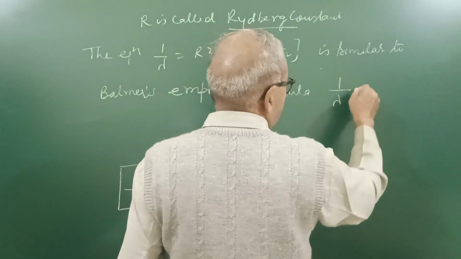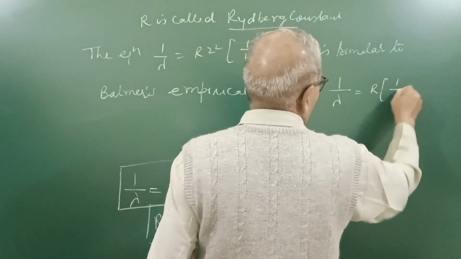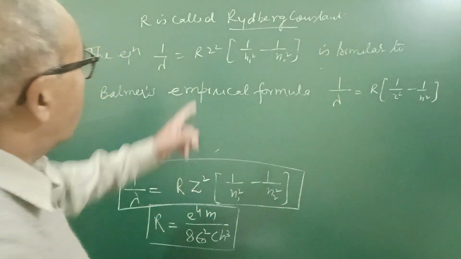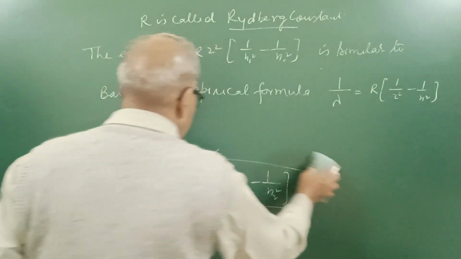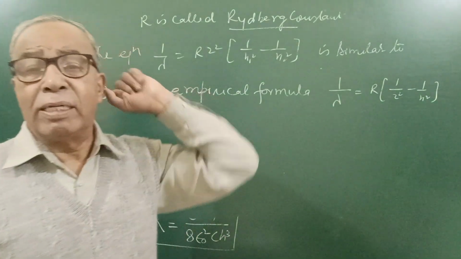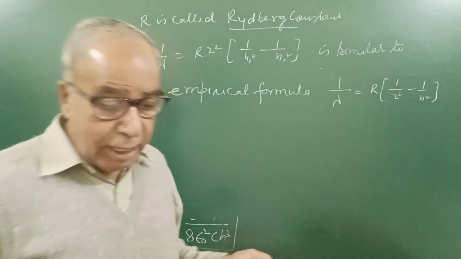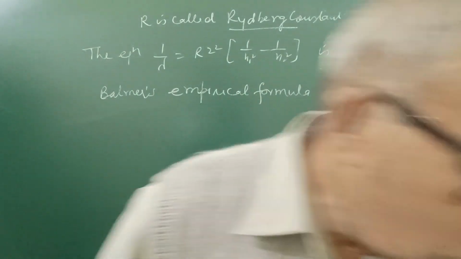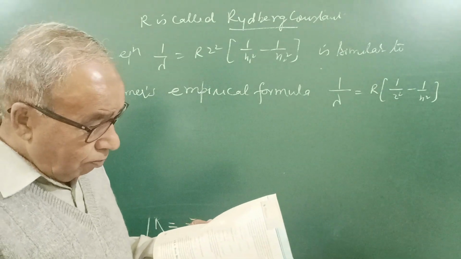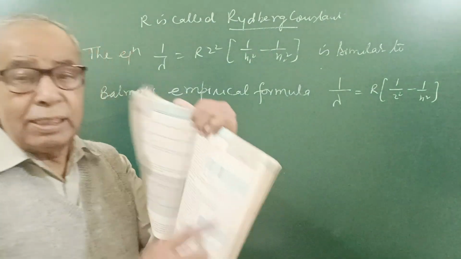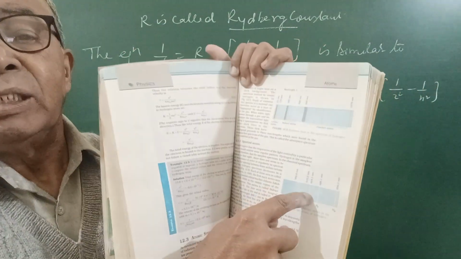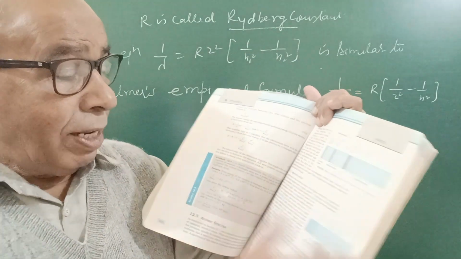1/λ = R(1/2² − 1/n²). For the H atom, Z is 1. Actually, Bohr explained the wavelengths present in the spectrum of the H atom. I have shown you that if we look at the spectrum of the hydrogen atom, we find spectral lines like this. The Balmer series here has wavelengths varying from